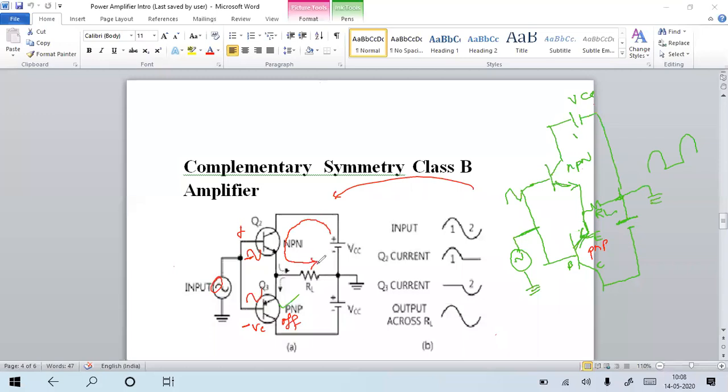So what is the output? Input will be your output. What is the input? Positive signal. Correct? So what about the next cycle? Next cycle,